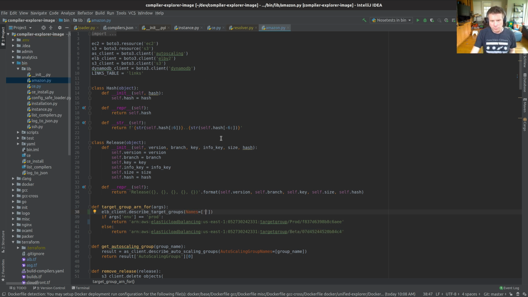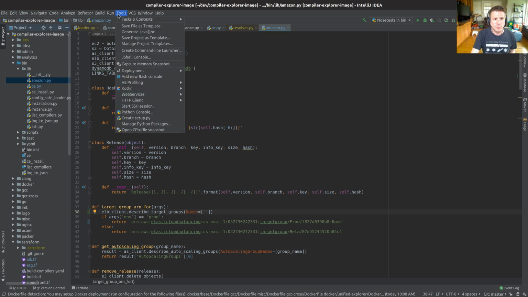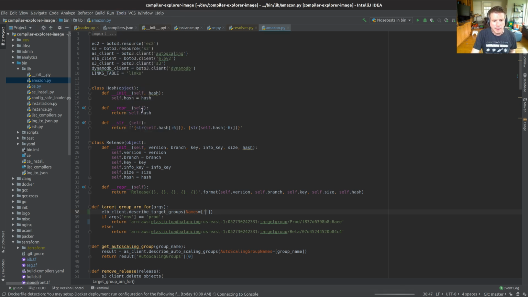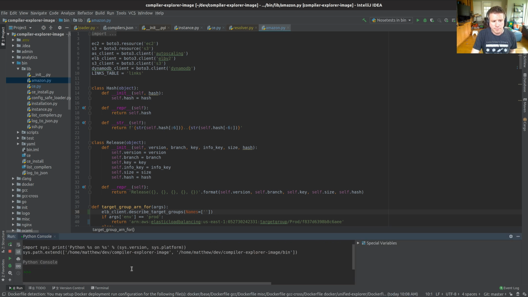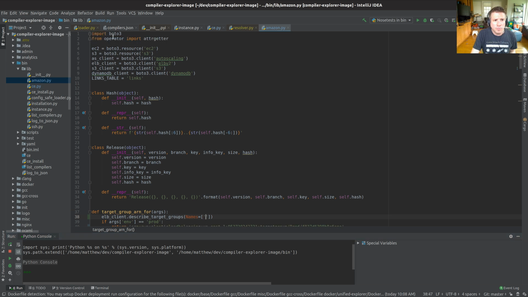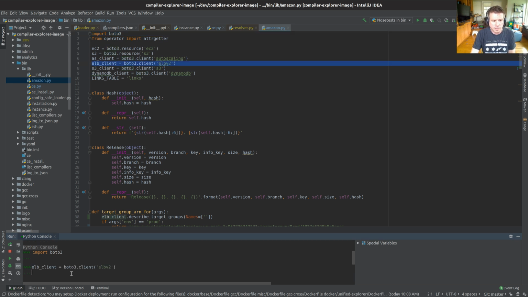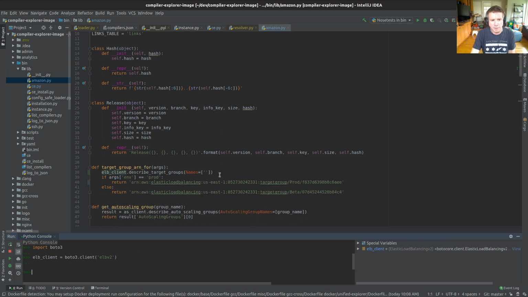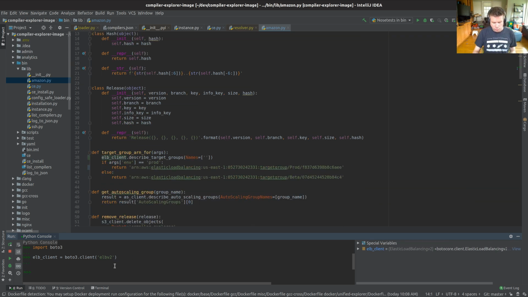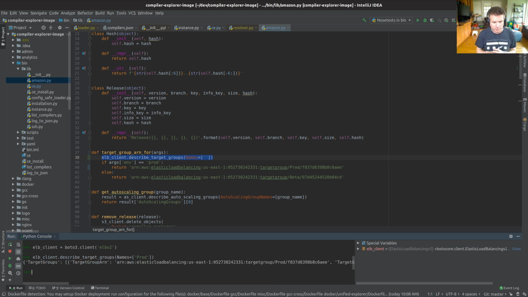In fact, I'm going to do a bit of exploration here. Let's run a Python console, because we can. We're going to import the needful things here. And ELB client. I can't believe that just worked. Let's grab that, paste it in down here, and then, okay, we need capitalization. Oh, it just worked.